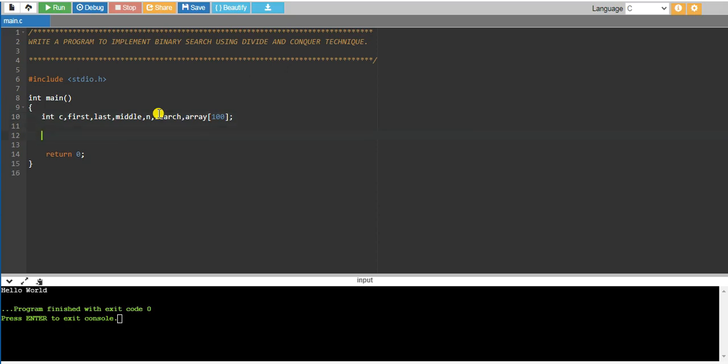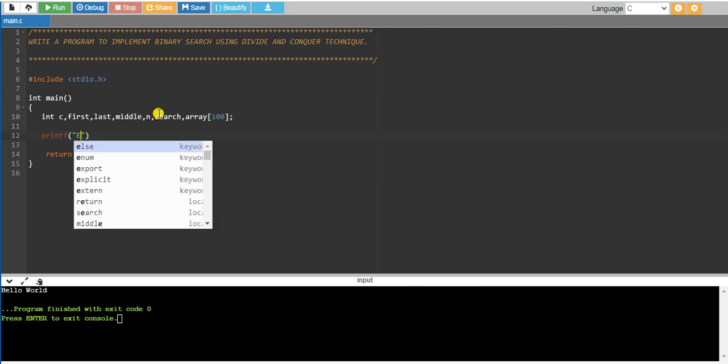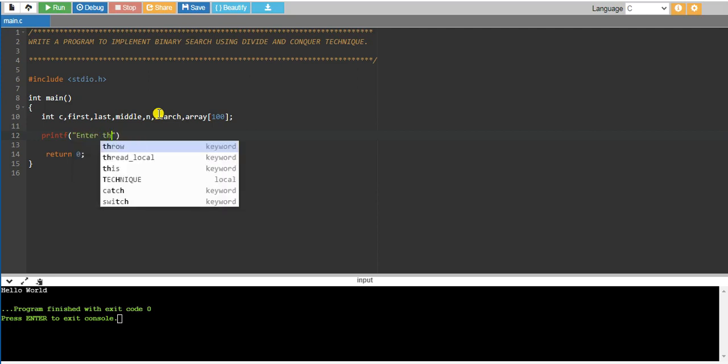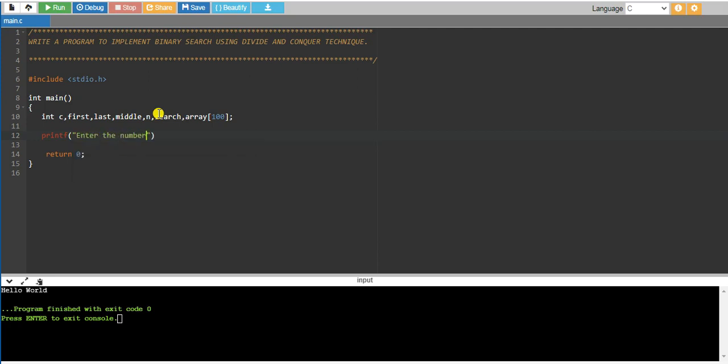First of all I have to ask the user to enter the number of elements, that is the size of the array. Enter the number of elements.